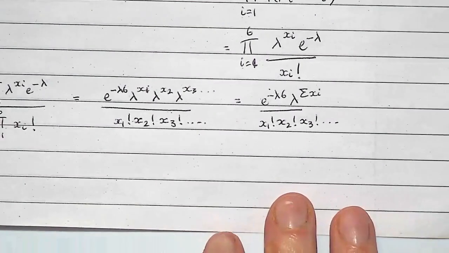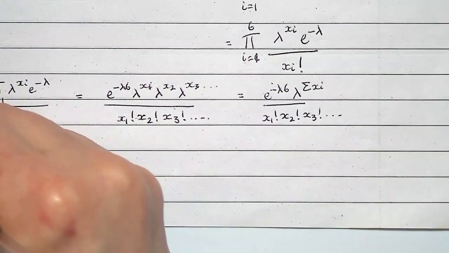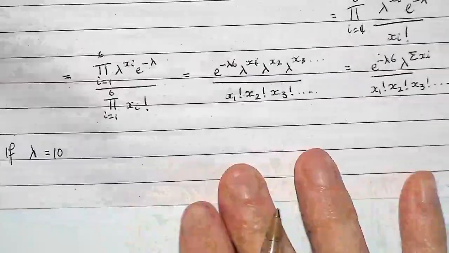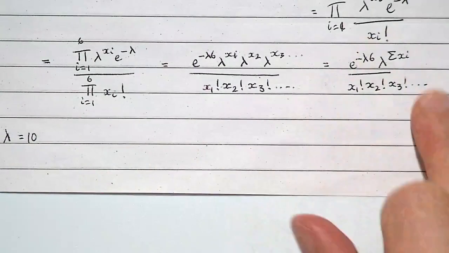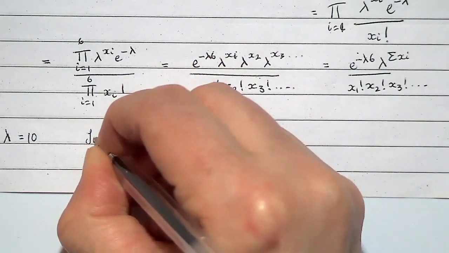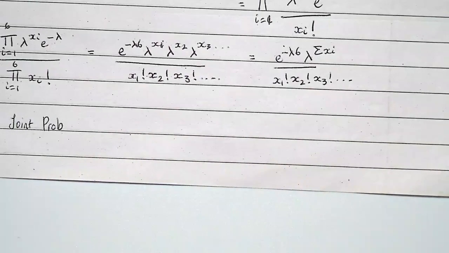Okay, so now I've got an expression where I can plug in the 2 values of lambda and compare which one is bigger. So if lambda is equal to 10, then I put lambda equal to 10 in this expression, and the joint probability is going to be